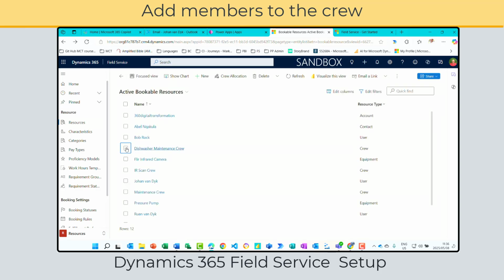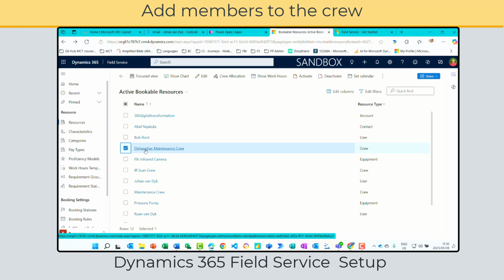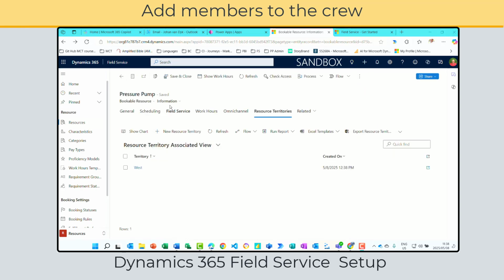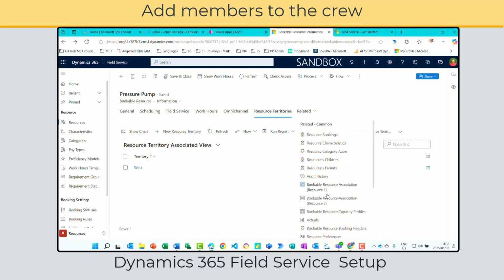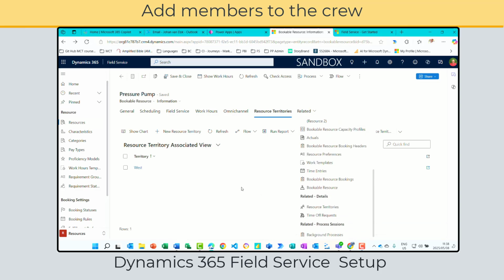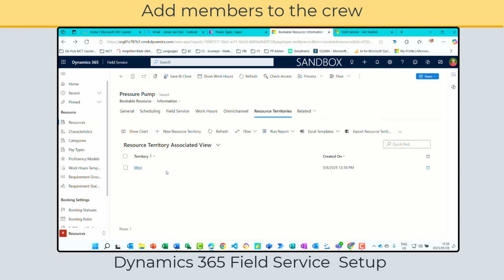We did apply the work hours in the previous section of this session that we're going through. So that's just selecting it, clicking on set calendar. So we've done that. I've just done a quick check here on the pressure pump. When we set up that pressure pump, I did not assign the resource territory. So of course on that record, I just went down to the resource territories, selected new resource territory, and